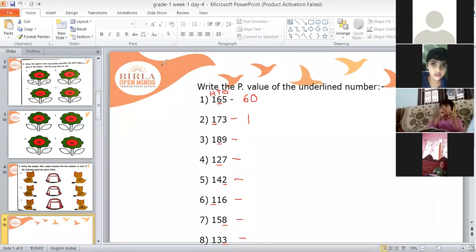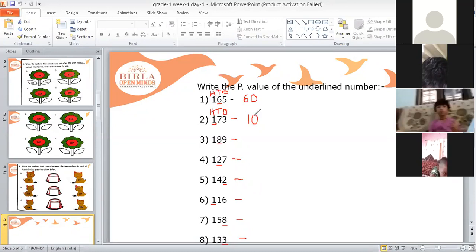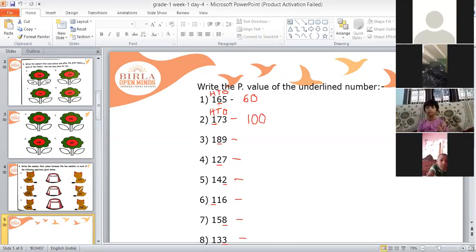2. Good. See here, children, this one is in 100's place here, as you all can see. You cannot find out their place unless and until you write here 1's, 10's and 100's. So you need to write in every bit yourself 1's, 10's and 100's. So place value of this one is 100. So we will put 2 zeros after this 1. Okay.